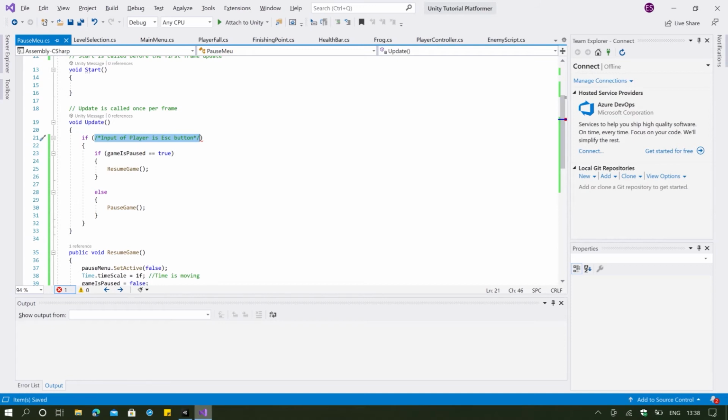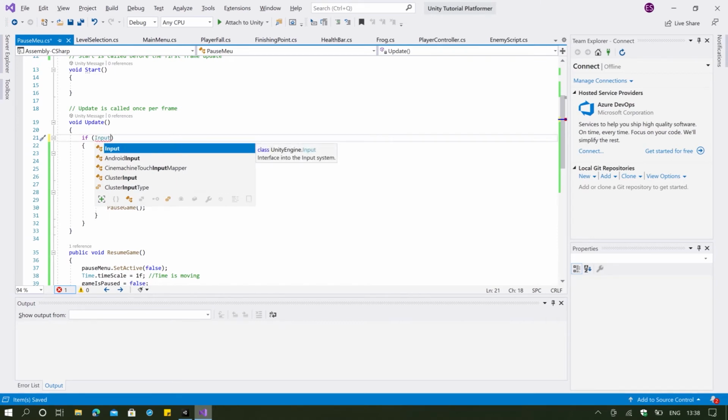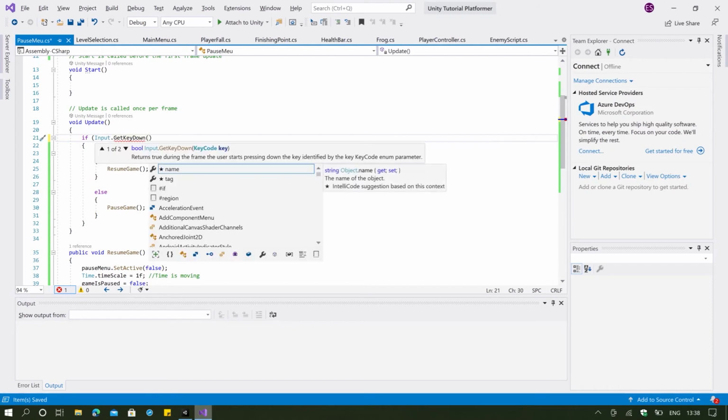Okay, so if you do know how to do this, great job, because you are really good or getting good in controlling or putting code for our inputs. And this is really important because almost everything in game making will need input controls and command. So good job. For those of you who don't know how to do this, it's fine. It's part of the learning process, and what you're gonna do is you're gonna type in what we want. So we're gonna take in input, and then what do we want? We want to make sure that if a key is down, and specifically the KeyCode